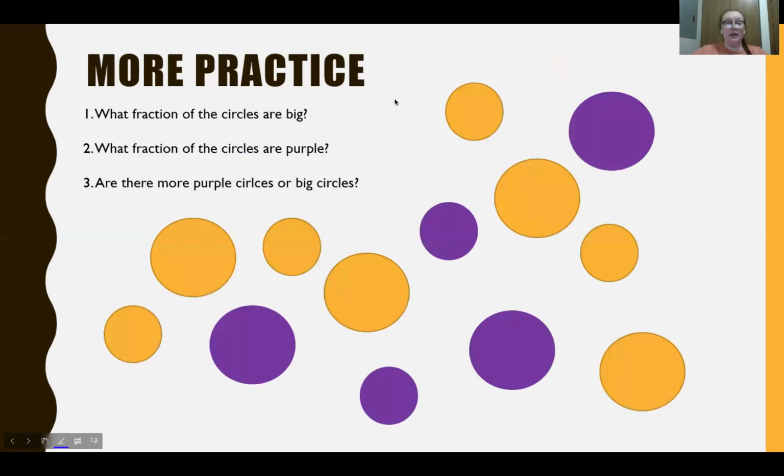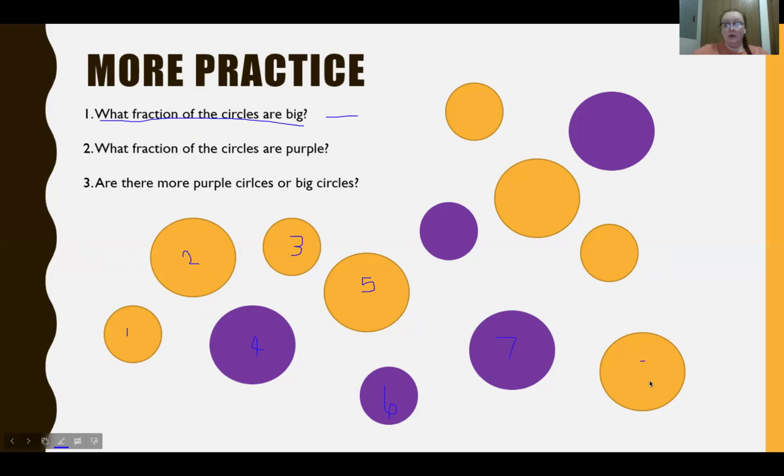So now we're gonna look into more practice. This one has a couple of different questions we're gonna look at. So the first question being, what fraction of the circles are big? So if we look here, we first need to figure out how many circles we have in total to figure out the bottom of our fraction. So we've got 1, 2, 3, 4, 5, 6,